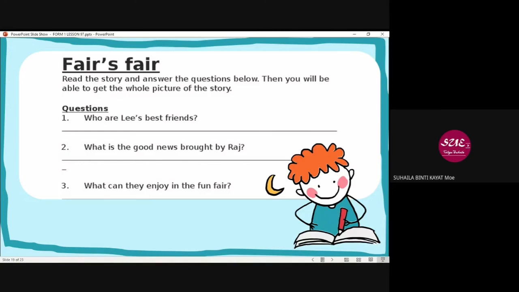Okay, Irfan, betul. Patraleka, I think you answer it wrongly. Okay, number 3, kenapa ada reason? The question tak bertanya reason pun. Okay, Adam. Okay, the fair has come. Yes, correct. Adam, betul.